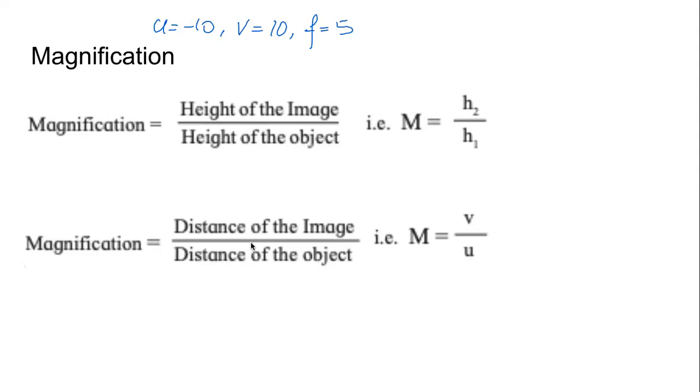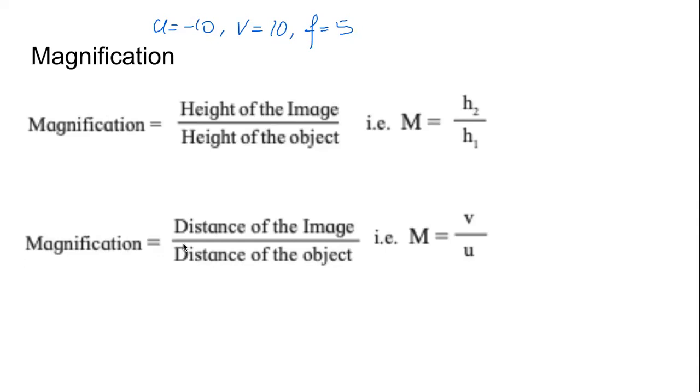If it is the same situation, now we need to find out what is the magnification. We know from the previous question, we had said that if we kept the object, the object and the image were of the same size. We already said this earlier. That means the magnification was just one. Object and image were of the same size. Let us see if the formula also gives us the same value.